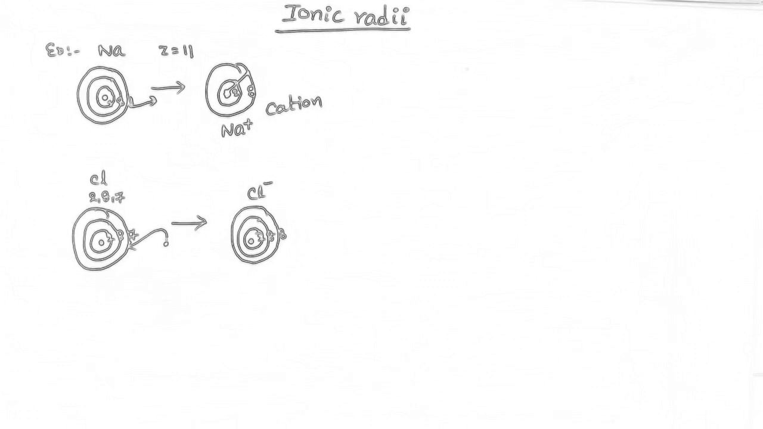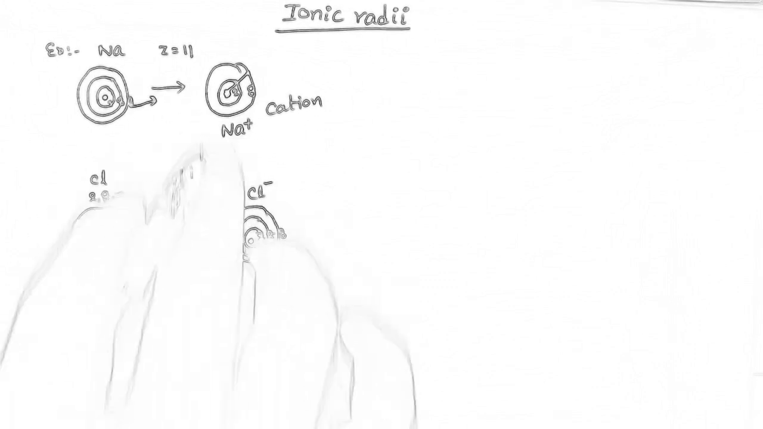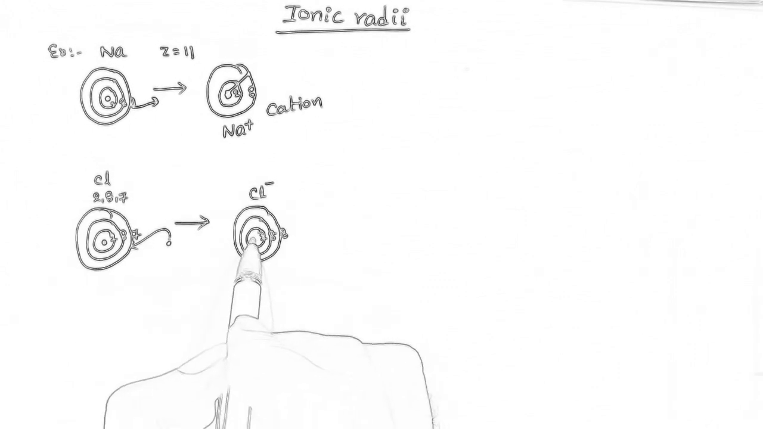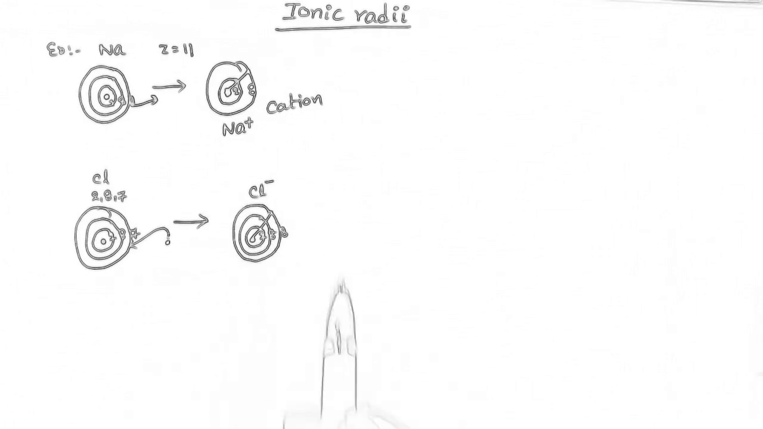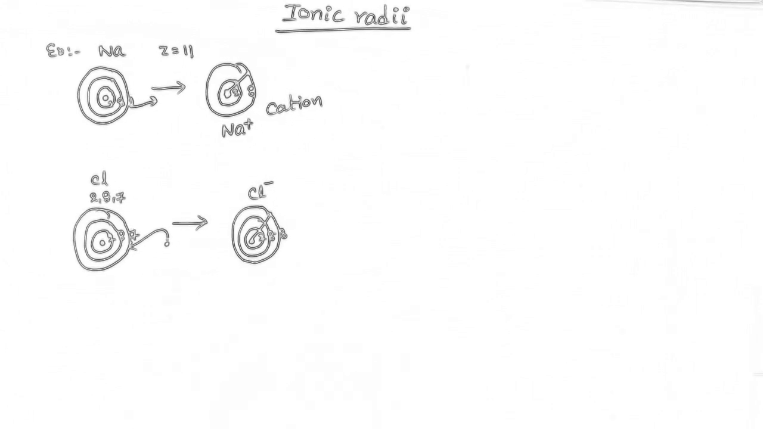Now what is the ionic radii here? Here the distance between the center of the nucleus to the outermost orbit of either the cation or anion is called the ionic radii. Okay. Here there are some very, very important points you have to learn. Number 1 is